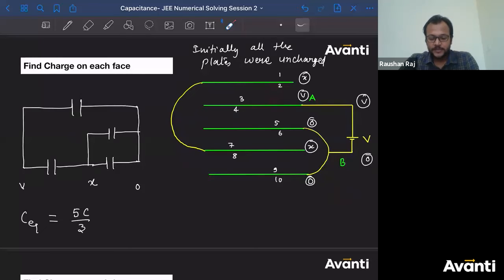Opposite faces, right? So this face and this face will comprise a capacitor. So both of them will get equal and opposite charge. To get that charge, I should know what is the capacitance of this, that is capital C, given to us. And then I have to get what is the potential difference across this. That means I should get what is the value of x. If I get the value of x, I'll say what is the potential difference across it. Once I know the potential difference across this, I'll multiply the capacitance of this capacitor. I'll get what is the charge on second and third face.